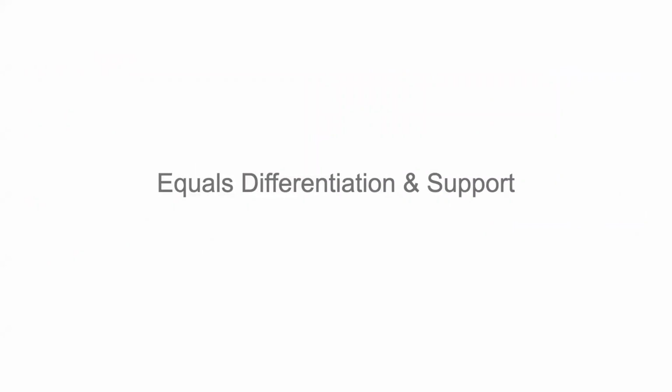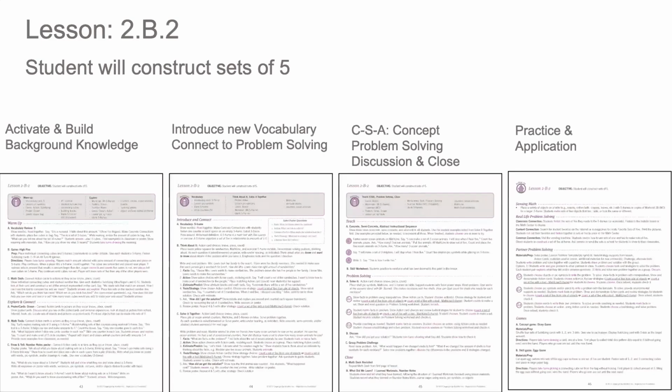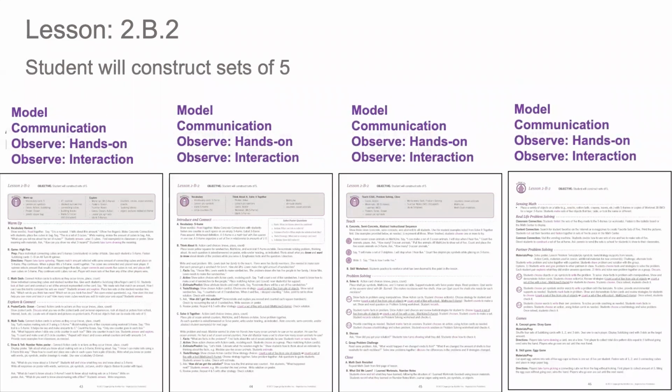So moving on to the lesson now, we'll focus first on the differentiation and the support that you'll find within that first page of the lesson. The lesson that we will be showing today is lesson 2B2, which is chapter 2, section B, lesson 2. The objective is students will construct sets of 5. We will go through each activity to get an idea of the philosophy of that activity. As we go through these activities, keep in mind those process areas that are embedded into each activity to support